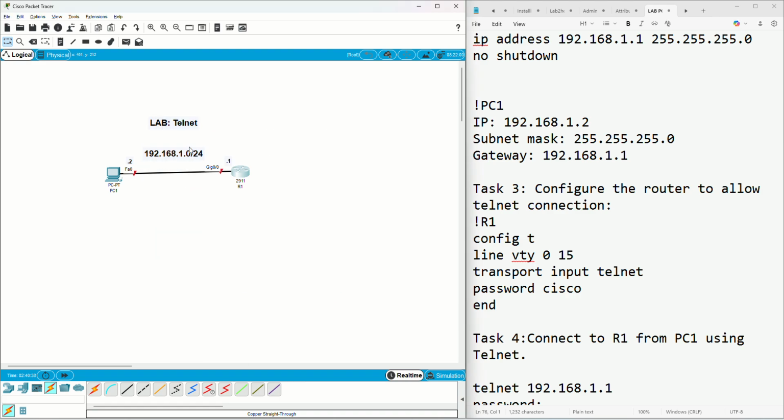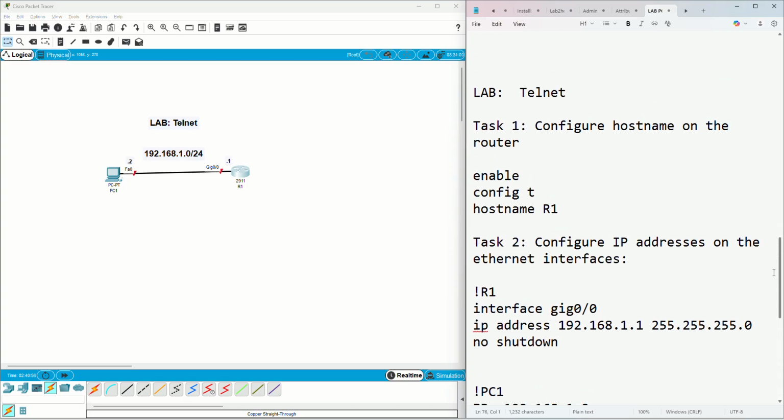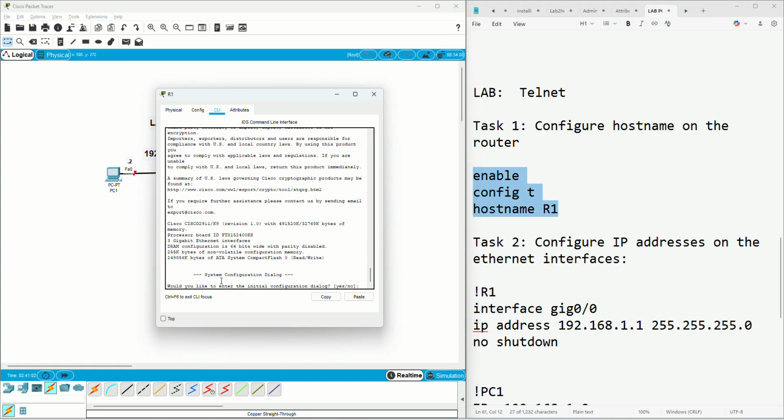So in this tutorial we are going to configure the telnet, and then we'll use the telnet to connect to the router from the PC. So without any waste of time, I'm going to begin by configuring the router. So let's go to the router,